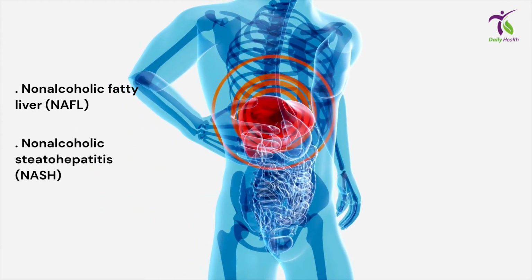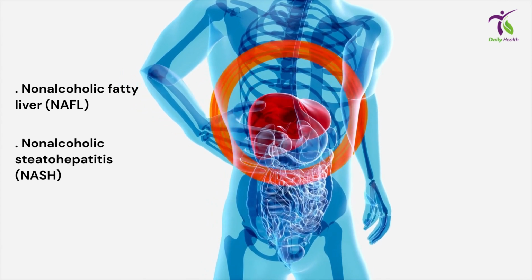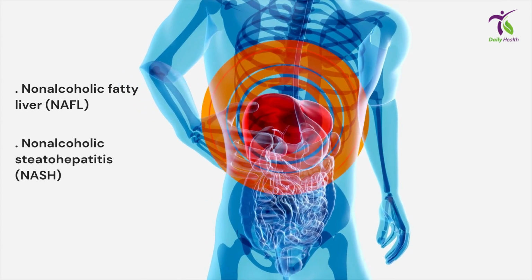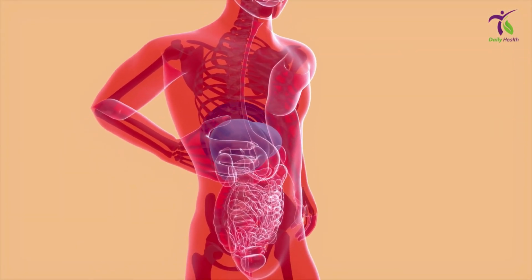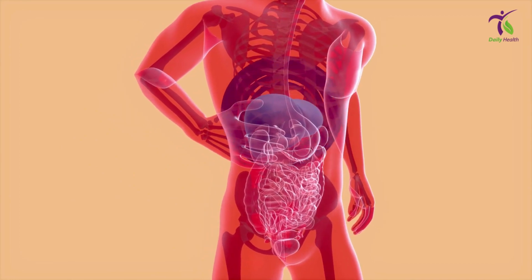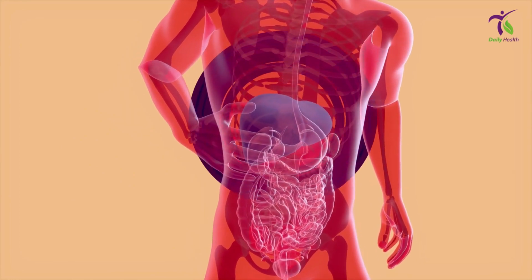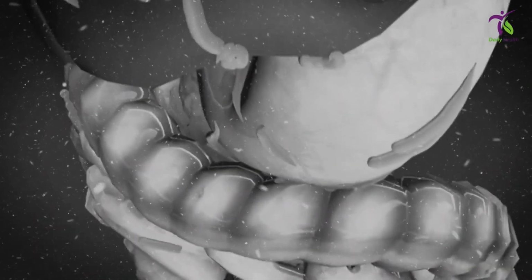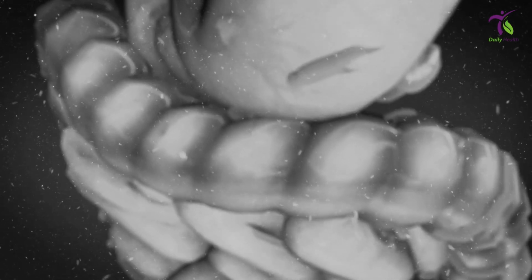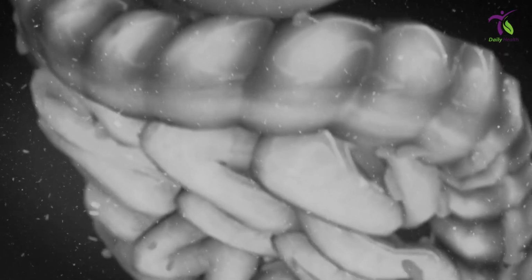Non-alcoholic fatty liver, NAFL. Non-alcoholic steatohepatitis, NASH. NAFL is a mild form of NAFLD that presents with abnormal blood tests or ultrasound findings in early stages of the disease. NASH presents later, is more severe, and can lead to permanent liver damage, such as cirrhosis. It's important to diagnose NAFLD early to prevent long-term, permanent damage to the liver.